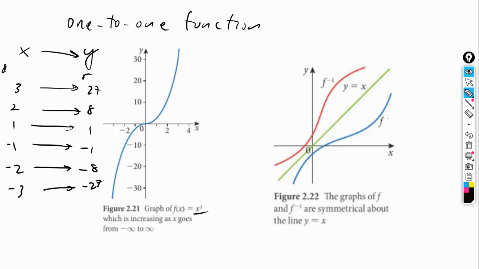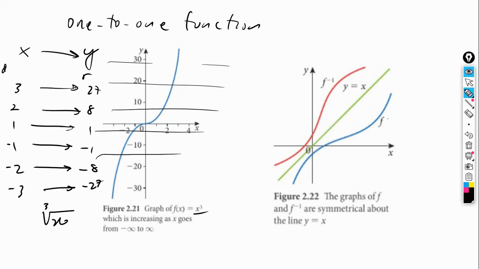Now, the inverse of this was, of course, the cubic root of x. And that would also be a one-to-one function. So what is an easy way to determine whether a function is a one-to-one function by looking at its graph? You can draw horizontal lines. This is what's called a horizontal line test. And notice that when you draw horizontal lines, you can only go through the graph